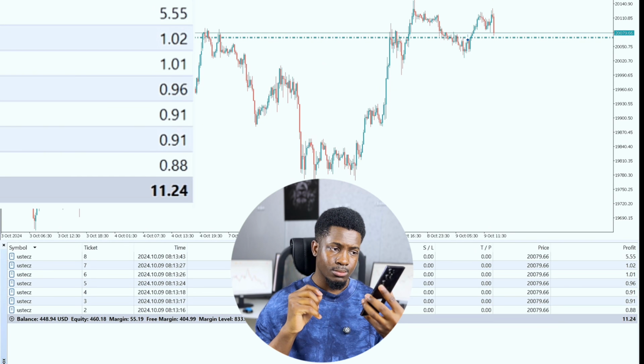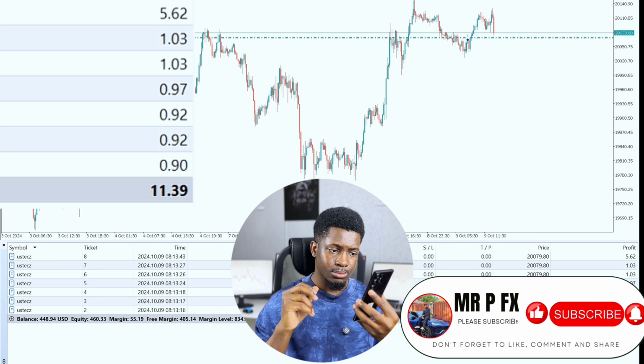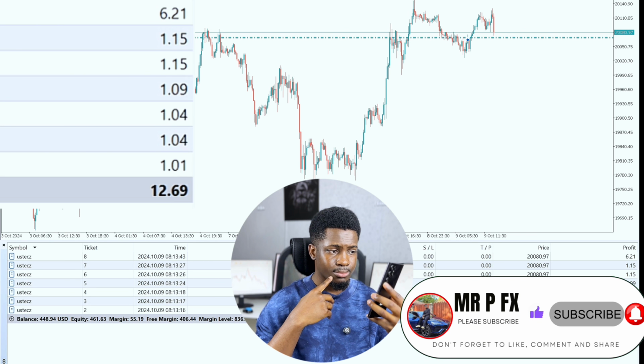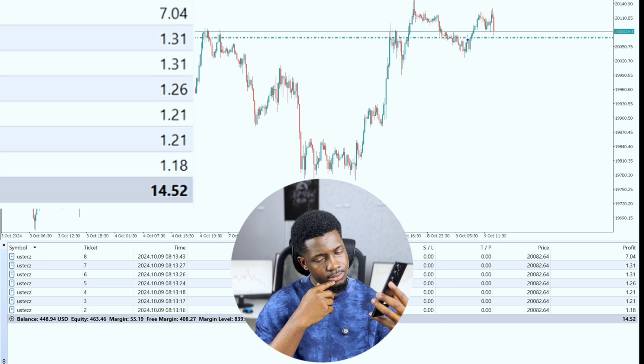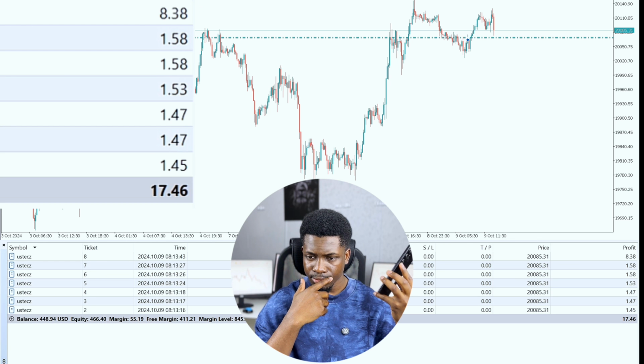A retest of a previous support or resistance level can be a common occurrence in the market. It can indicate either a continuation of the existing trend or a potential reversal. To determine the likely outcome, consider the following factors. Volume. High volume on the retest could suggest strong buying or selling pressure. Price action. Observe how the price reacts to the retest. A strong break above or below the level can indicate a continuation or reversal. If the price breaks above the retest level with strong volume and positive technical indicators, it suggests a continuation of